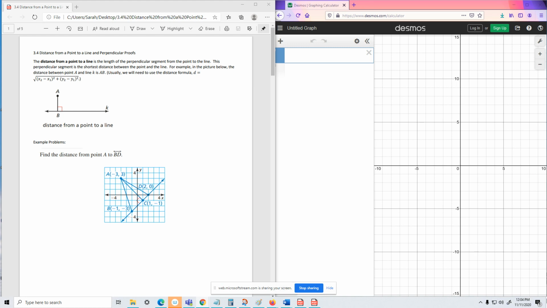Hello, we're going to look at a couple of different things today. First thing we're going to look at is the distance from a point to a line. We're going to learn some new theorems about perpendicular lines, and then we're going to finally look at some proofs